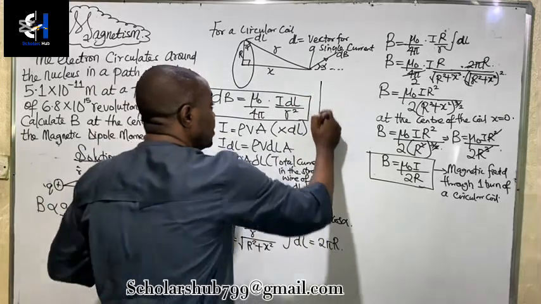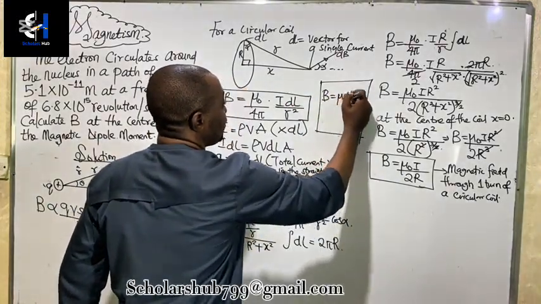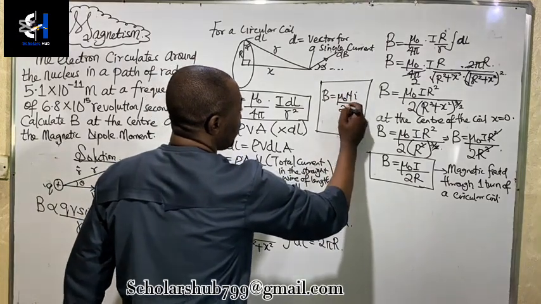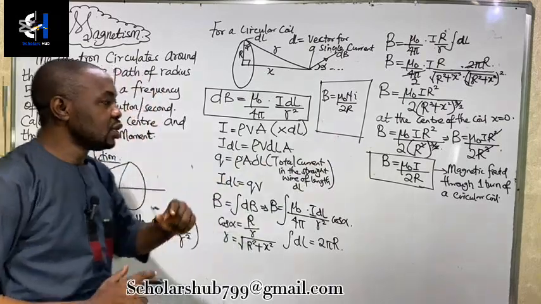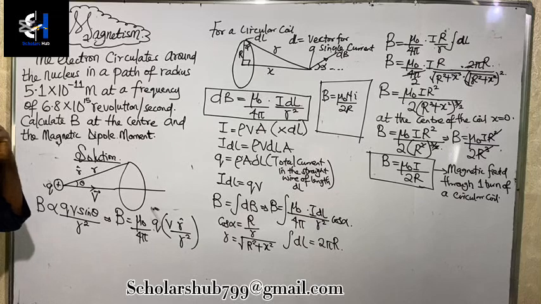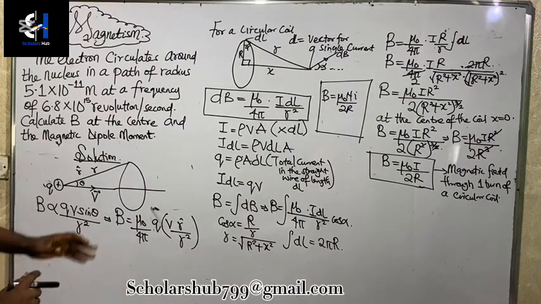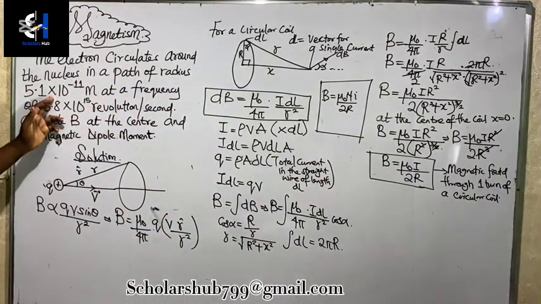And then we also have that of n turns of a circular coil, where μ0 is the permeability of free space, then B equals μ0 times n times I over what? Over 2r. This one is through n turns of a circular coil. So this is the formula we're going to use to solve this problem. Now, the first thing we need to find out is the current, because we are given the radius,